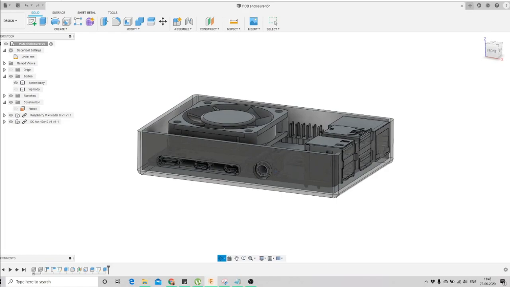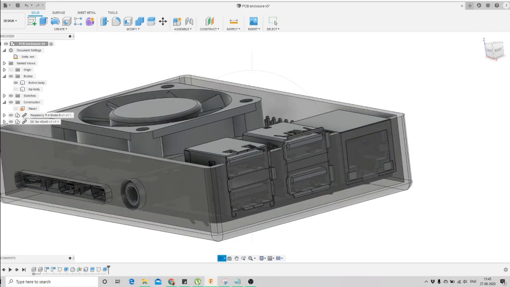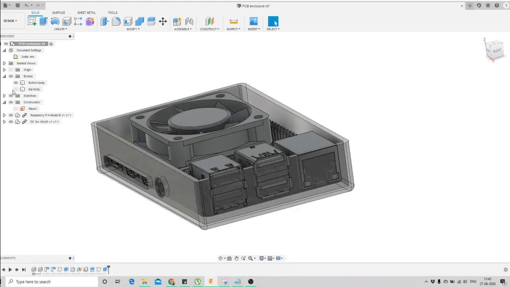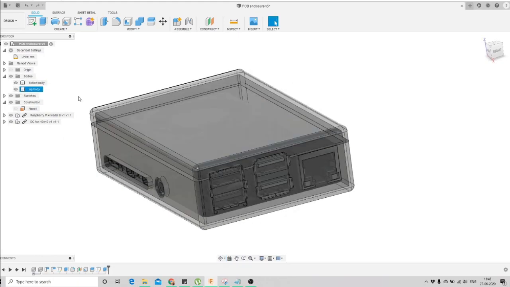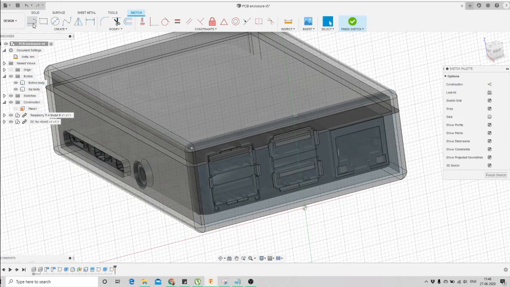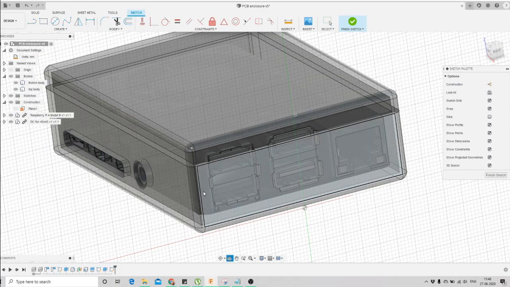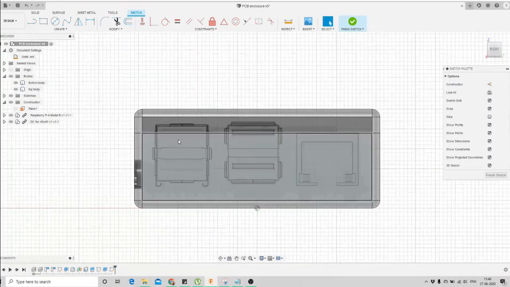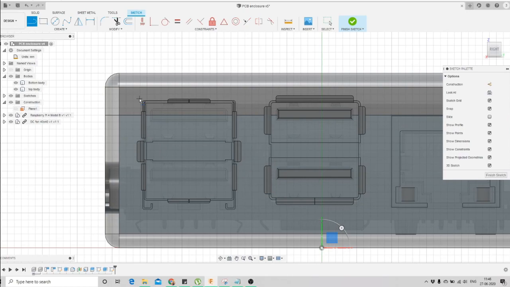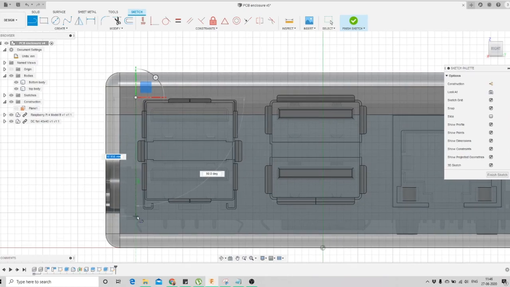Before that, actually, we have to make a cut on both the bodies. I think on the top and the bottom bodies both. So we'll switch on both the bodies and go to the face along which we want to make the cut. Then we click on Create Sketch and go normal to that plane. Here you can see this is our profile that we want to cut. So we'll select a line and start sketching.